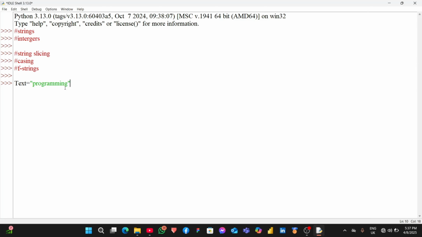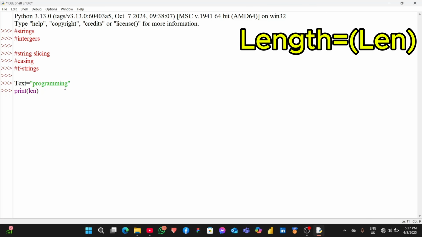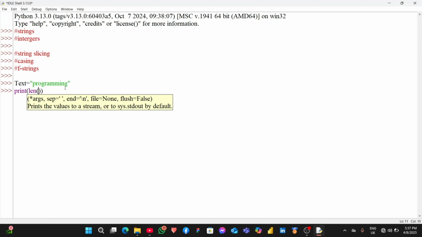Programming is a value. Now we hit enter, and we have programming. We want to call out just a portion of programming, maybe just program. How do we go about doing that? First, let's check the length of programming. We can use a simple function in Python: print, open parenthesis, len, that means length, and inside it we put